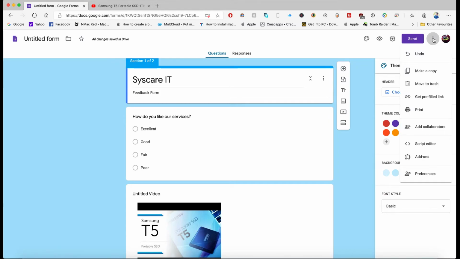And from this three dots menu, you can undo. You can make a copy. If you want to move it to the trash, you can just move it. If you want a pre-filled link for this form, you can click on this.